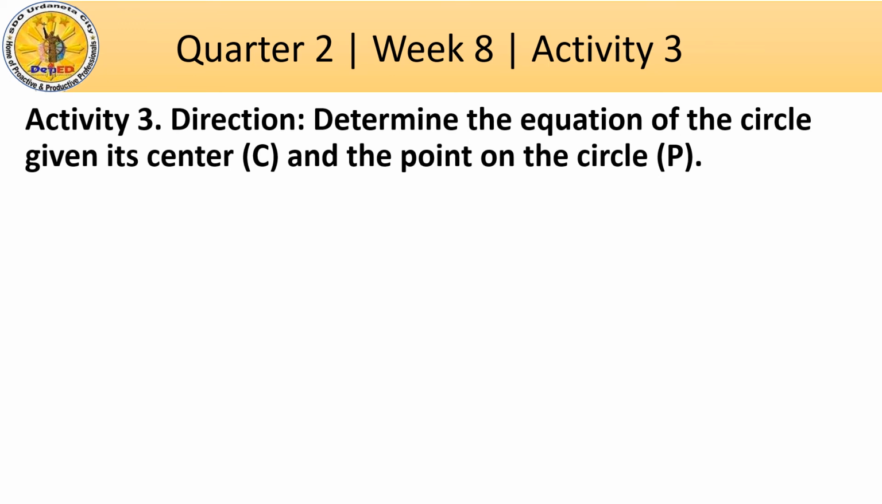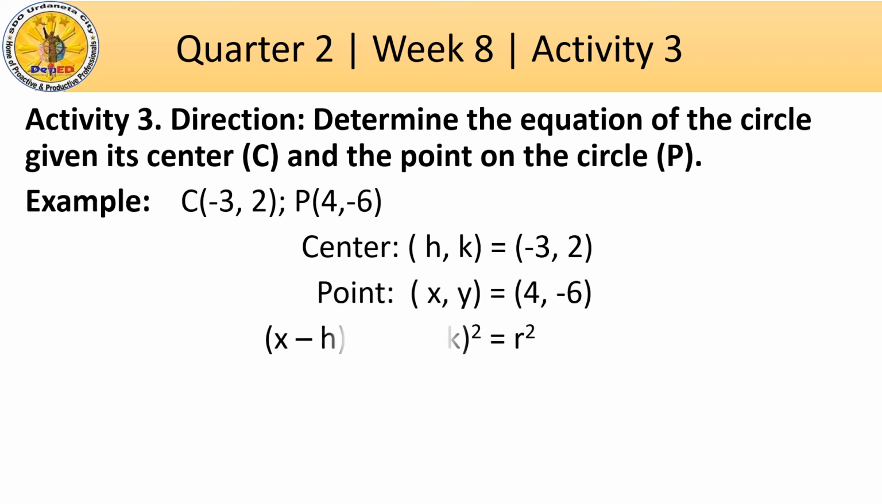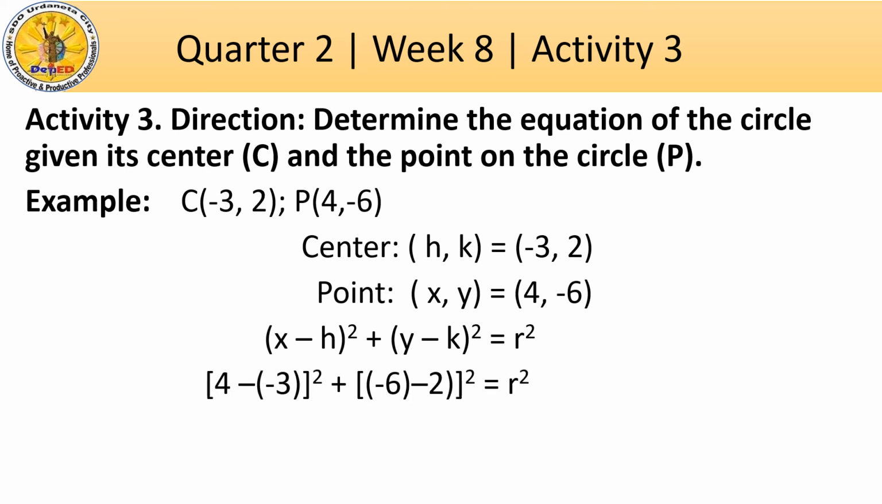Activity 3. Determine the equation of the circle given its center and the point on the circle P. So example, the center is negative 3, 2, and the point on the circle is 4, negative 2. So h, k is negative 3, 2, and the point on the circle is 4, negative 2. Using your standard form of the equation of a circle, we have now, by substitution, we have